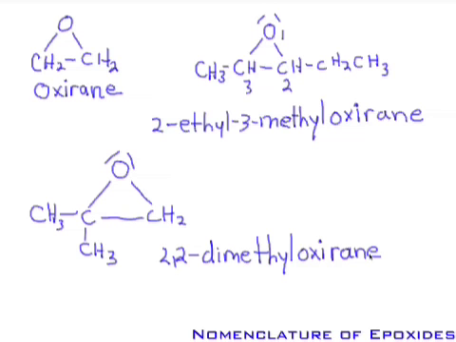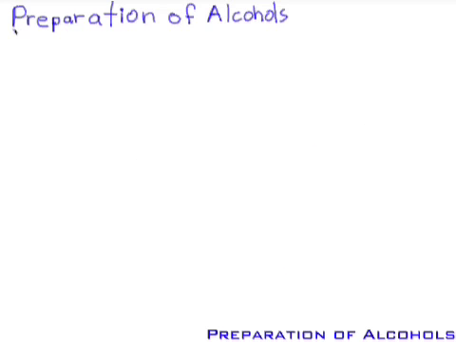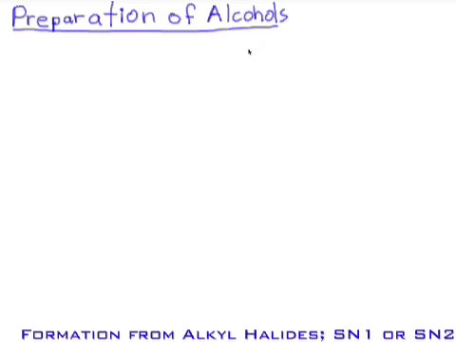Well, let us begin looking at the chemistry, and we're going to start by looking at alcohols first, then move into ethers and epoxides a little later on. In the alcohol area, what we're interested in examining first is the preparation of alcohols. Now, we've already seen some reactions for the preparation of alcohols, and we're going to review them here again and look at some of them. For example,